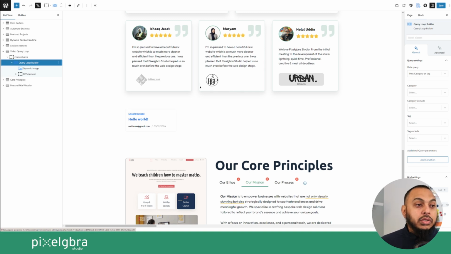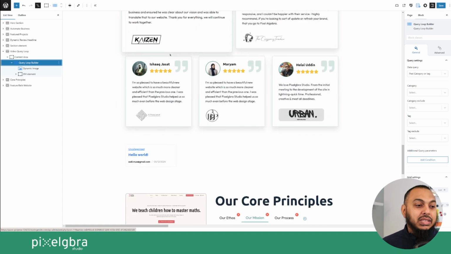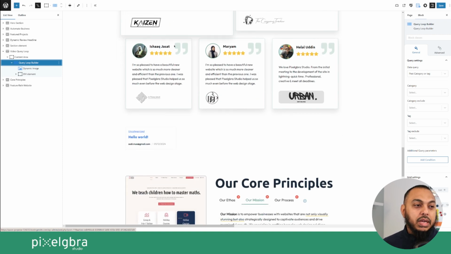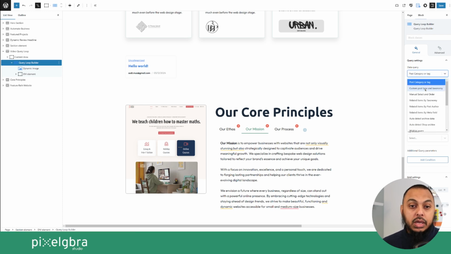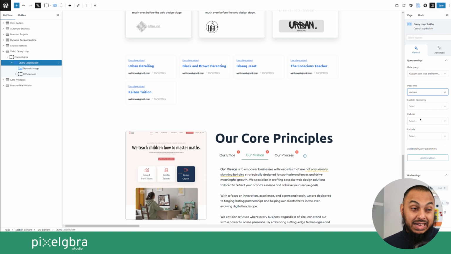Right, let's have a look. So I want to make this look a bit more like this. So I can see that the first thing I've got up here is going to be an image, and then I've got a title, and I've got some stars. I might just grab this one here. So I've got my query loop. I know I'm going to query the reviews, and so I'm going to choose not post type but custom posts, and then it gives me an option of custom posts. I'm going to do reviews, and so I'm going to click on reviews there, and then I'm going to show